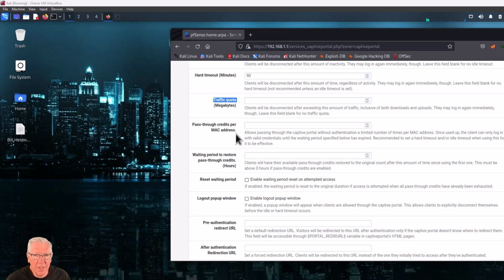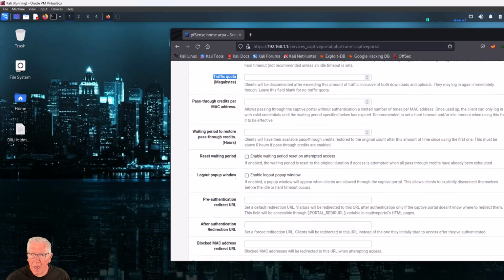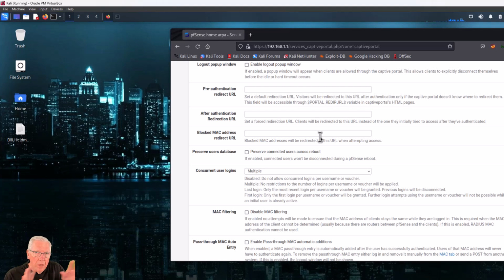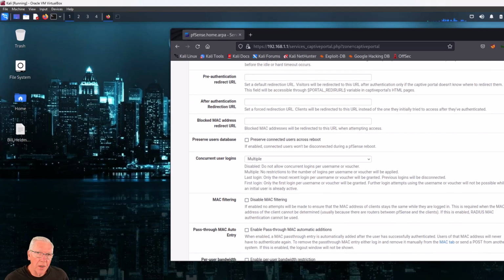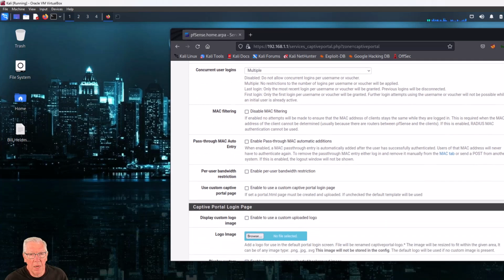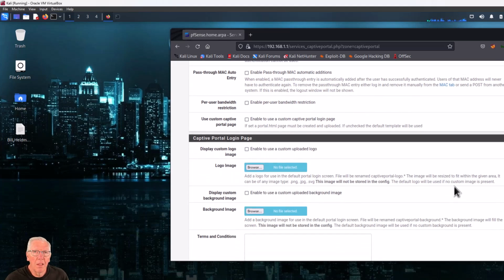Okay, now we have some URLs where we can redirect people and things like that, like a pre-authentication URL and an after-authentication URL. You could get crazy and start making some web pages to redirect users to different places. The thing that I'm going to do is bypass a little bit of this. It's fairly self-explanatory. The pfSense help screens here are really, really good. But what I want to do is talk about the way that we can control the bandwidth